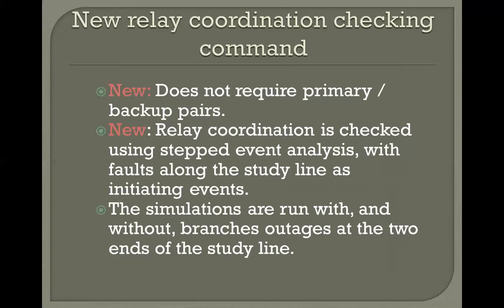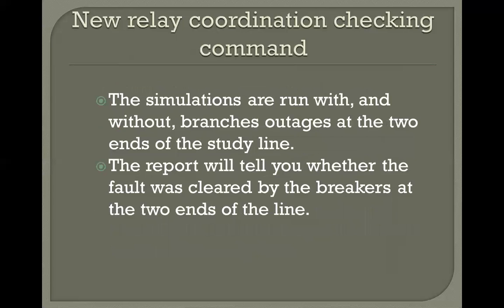Now the simulation can also run with or without outages at the two ends of the line. And you can specify these to be single or double outages. And double outages could actually include cases where one line is on one end, another line is on the other end. It would actually find all possible combinations of these double contingencies if you want. So that's what I just said, is what is here in the first bullet.